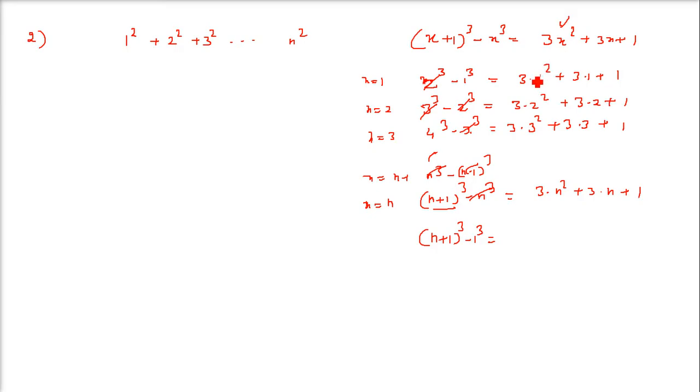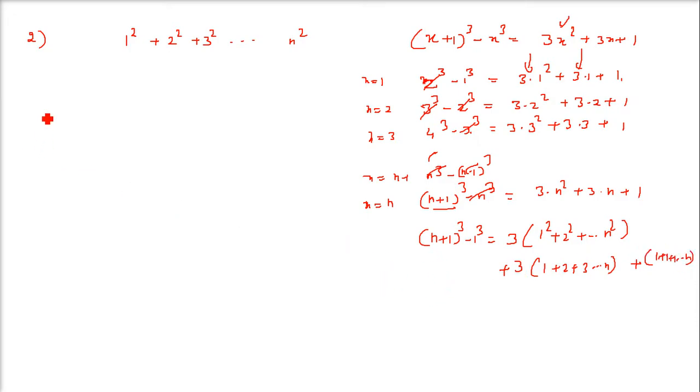What about this one? Now we are adding it column wise. So let us take this first column, 3 common. What do you get? 1 square plus 2 square till n square. Now adding this column, 3 into 1, 3 into 2, 3 into 3. So take 3 common. You get 1 plus 2 plus 3 till n. And then we have 1, 1, 1, n times. So you can just write 1 plus 1 plus 1, like this, n times.